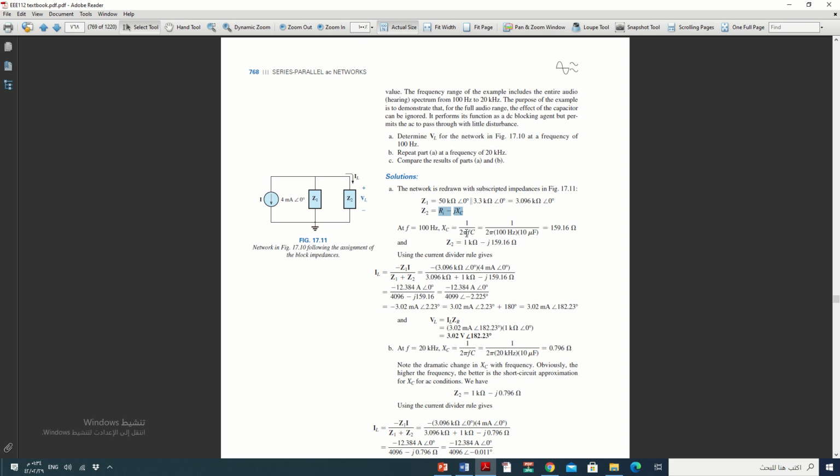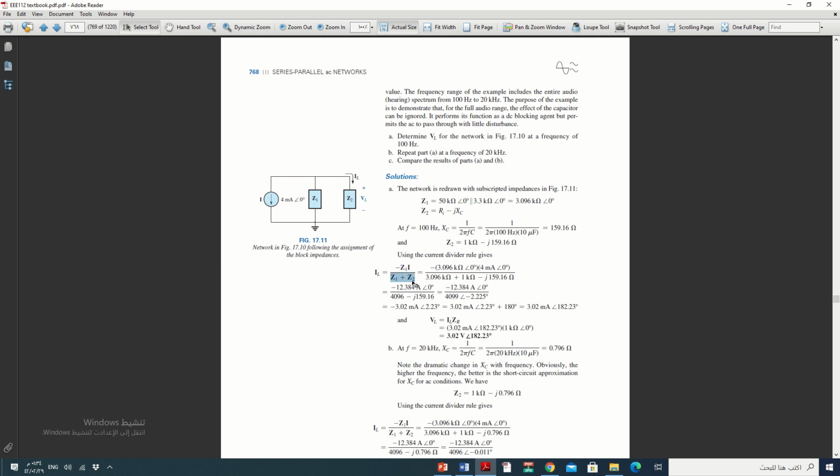XC is 1 over 2 pi FC, and now we substitute F by 100. The answer will be 159 ohm. Now we can use this to find Z2. Z2 becomes R minus j159. Sorry, here. Okay, now we need to calculate IL. By the current divider rule, IL will be Z1 multiplied by I total